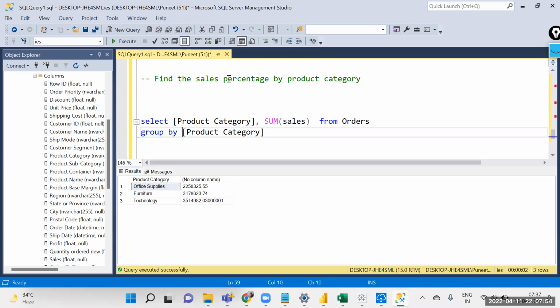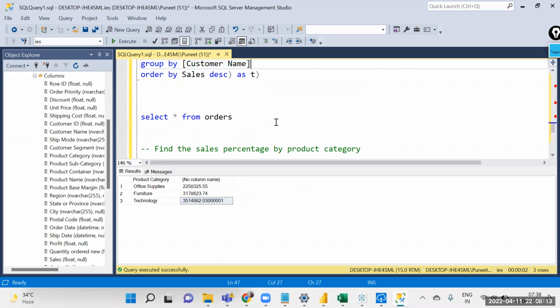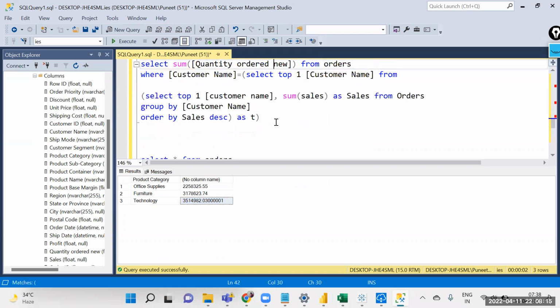Right. What we have to do is find the percentage of sales. So if I have to find the percentage of sales, how can I do it? That will be product category, sum of sales. So this has to be divided by the total sale. This has to be divided by the overall sale. Right. So see, always remember, whenever you're working with a subquery,